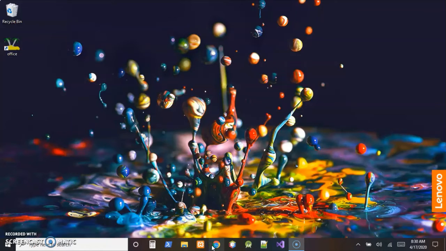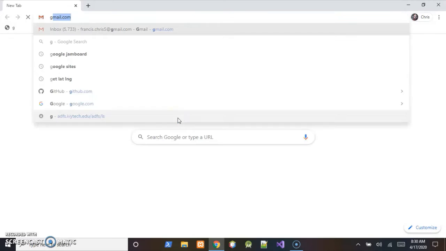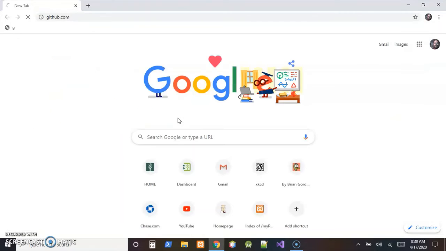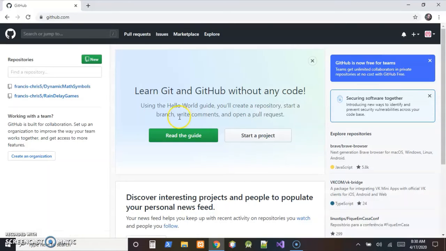And if we come over to the browser and go to github.com. There'll be a sign-in page when you create your account. My laptop remembers that I've been here a few times. But repository, that's where you're going to store a particular little block of code. So if you hit new to create a new one,